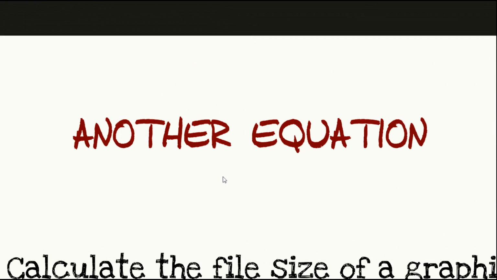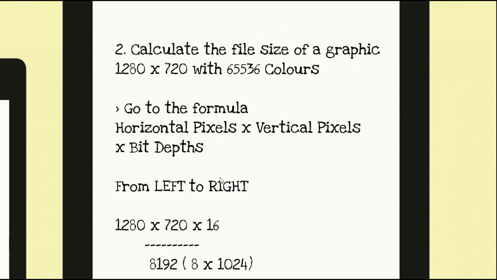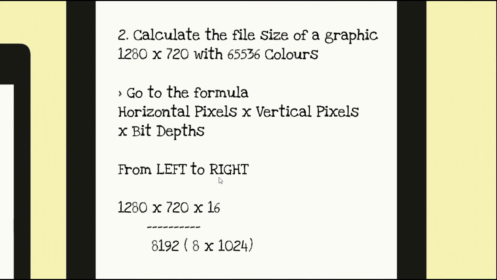Okay, another equation. Hip hip hip. Calculate the file size of a graphic 1280 times 720 with 65536 colors. Alright, let's go. Remember the formula: horizontal pixels times vertical pixels times bit depth. Horizontal pixels, which is that. From left to right, vertical pixels, which is 720. And the color